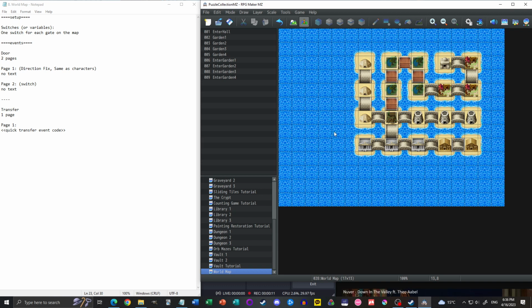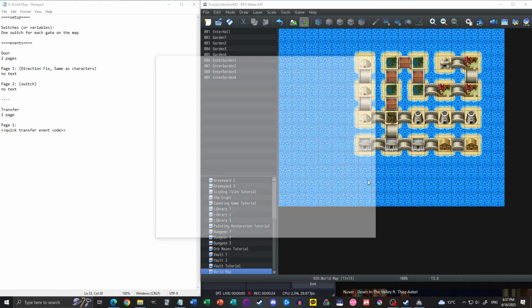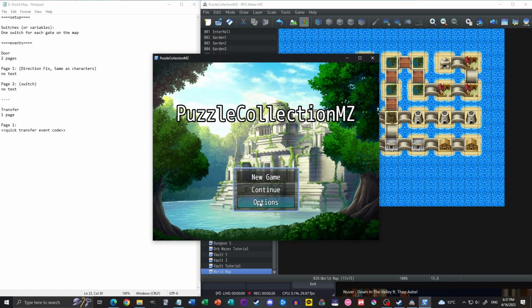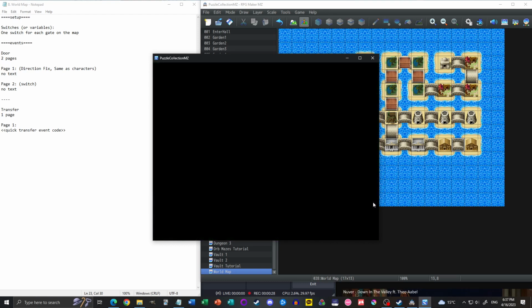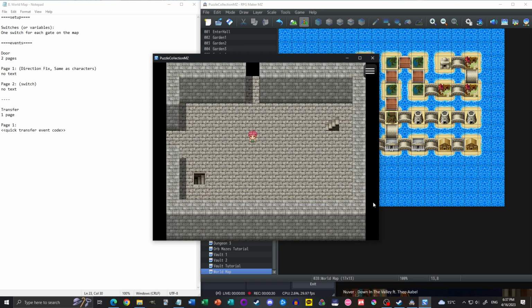This is going to be the final tutorial for the puzzle collection. We've gone through all the different puzzle types so far and shown how to make all of them, but I just wanted to do a quick and easy thing on how to do a world map. So let's just quickly show this off. This is going to be very basic compared to everything else, but I thought that it's a nice little thing